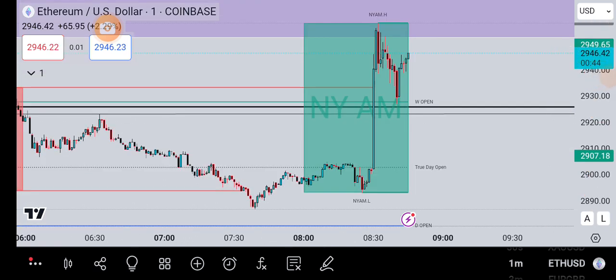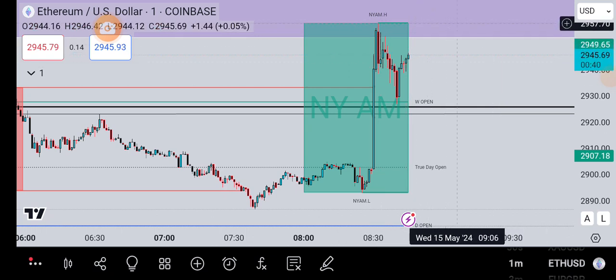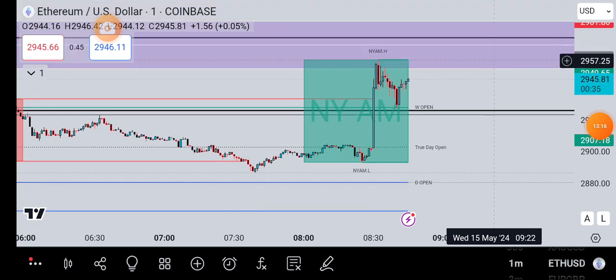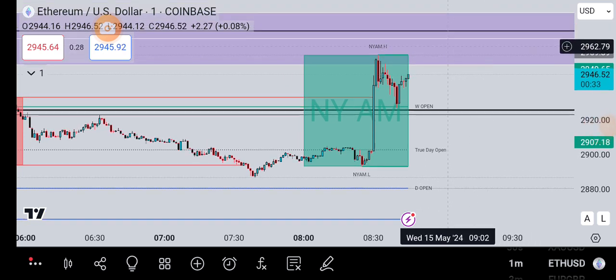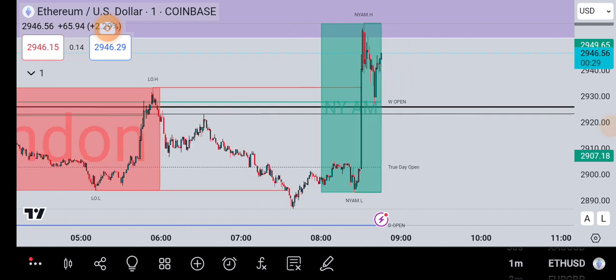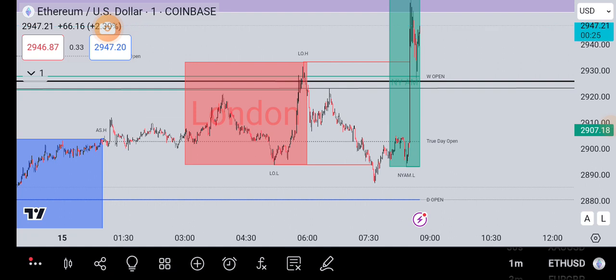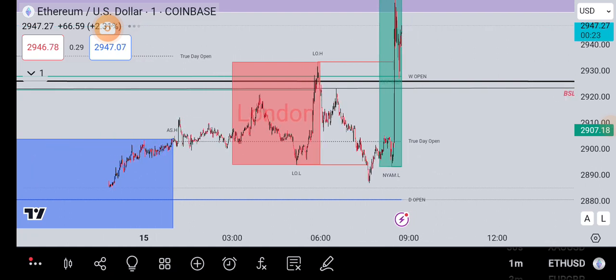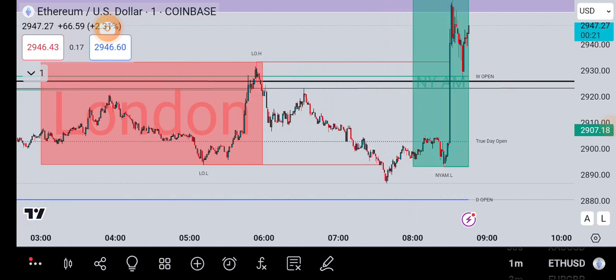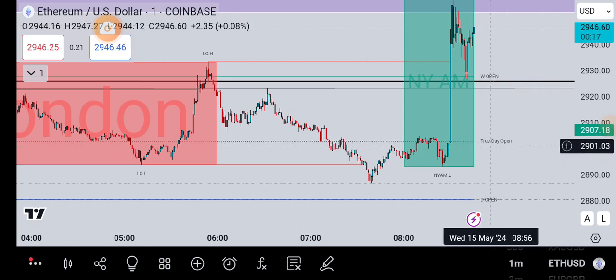So this is the 1 minute time frame, and you can see price had already tapped into the 1 hour breaker block that I told you about. This is the breaker block, and remember, we want to be selling, right? And if you can see my chart, I have some markups. These are the kill zones and various key levels, and the first key level I want us to be talking about is this daily open.